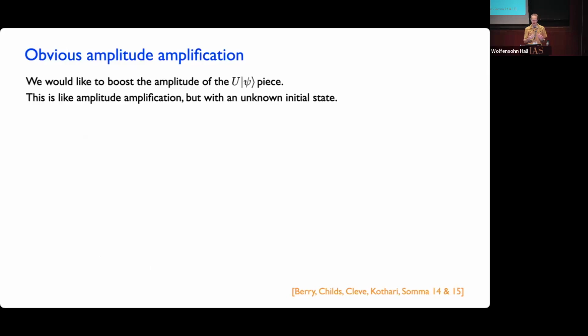This is a lot like ordinary amplitude amplification, if you're familiar with that in quantum computing. But the issue is that we have this unknown input state, which we don't know how to reflect about. So we can't just do the thing we would do in ordinary amplitude amplification. What we're going to do instead is something analogous that's going to turn out to work. We're just going to replace the reflection about the initial state in ordinary amplitude amplification with this reflection, where we reflect just about the 0 state of the first register.